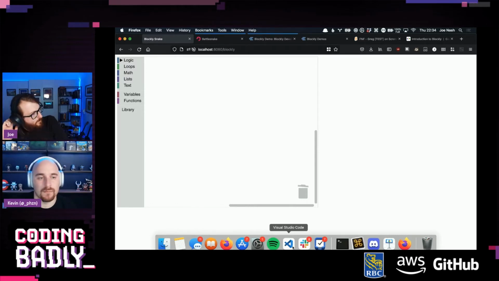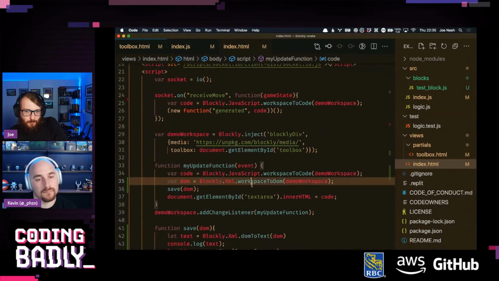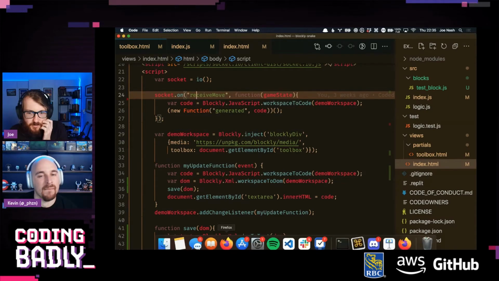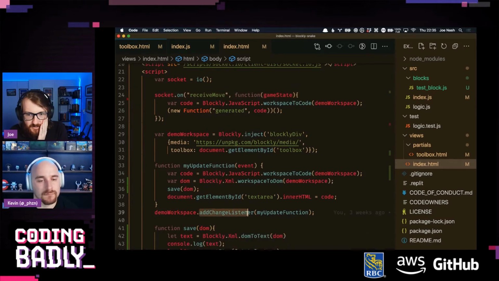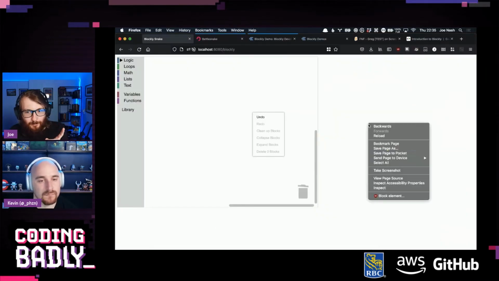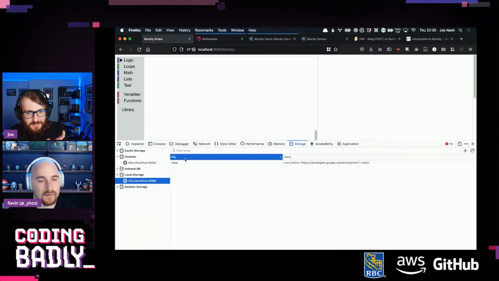Wait, we probably don't want this to be saving continually, because you won't be able to... It's currently doing that on all... When does this update trigger? Yeah, but it doesn't just change. Where's the change? This is Blockly's special change listener, which I think triggers on like all mouse interaction. So I suspect this might now be empty.